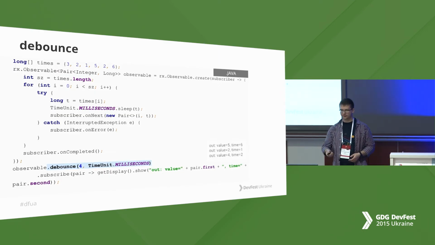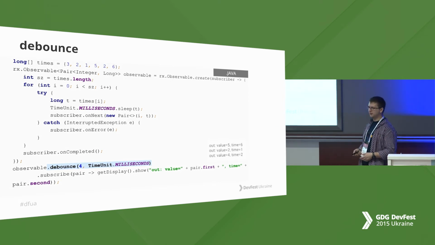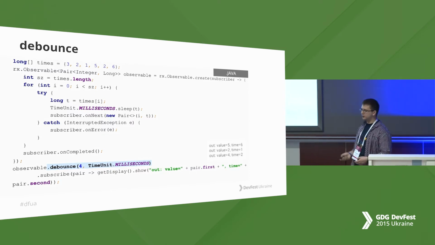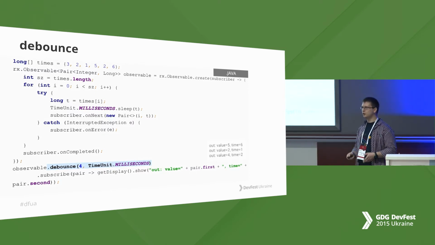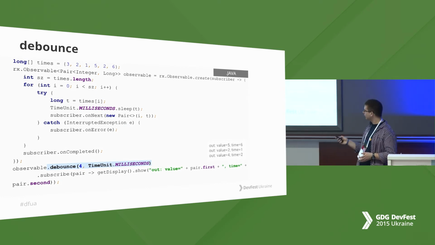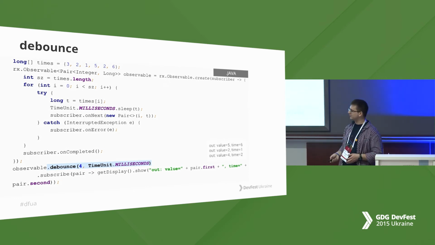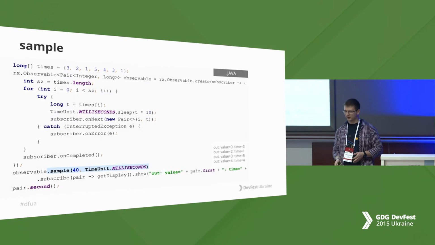Simple, functional debounce. The great thing I really like because it gives us ability not to read all of this code, but to show that the stream should be handled with some time intervals, and only the last value will be taken. Great, and we can read this code, but don't pay attention.